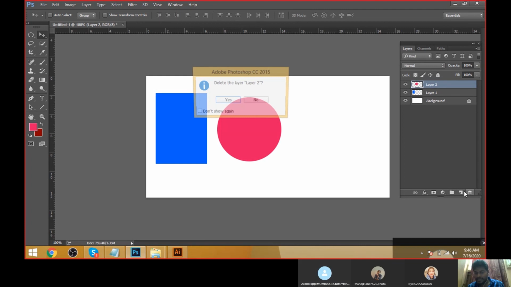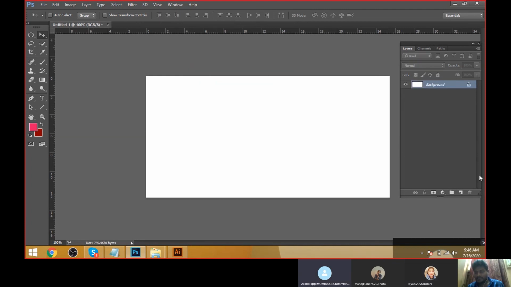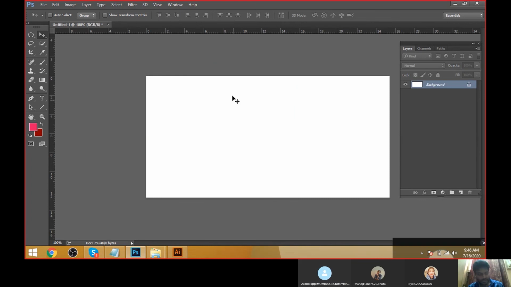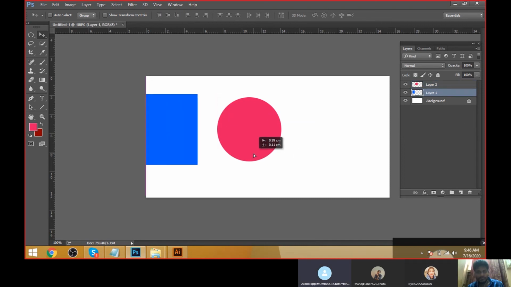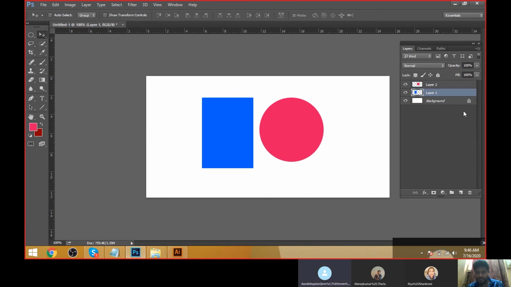Again we can delete the layer here in the layer palette. We can create a new layer and we can delete the layer. Again I have to come backward. Control Alt Z, step backward, step backward, step backward. These two layers we have. If you keep it here, the layer will be moved. If you keep it here, the layer will be moved. The main thing is the layer selection is also very important.